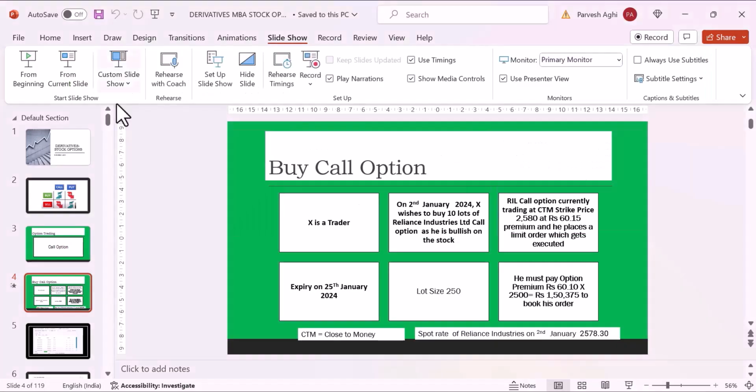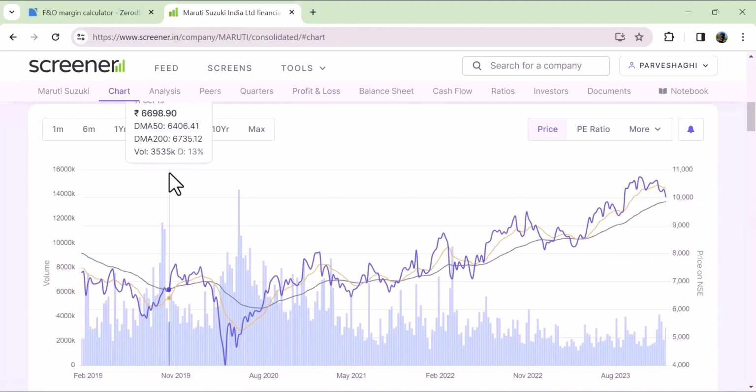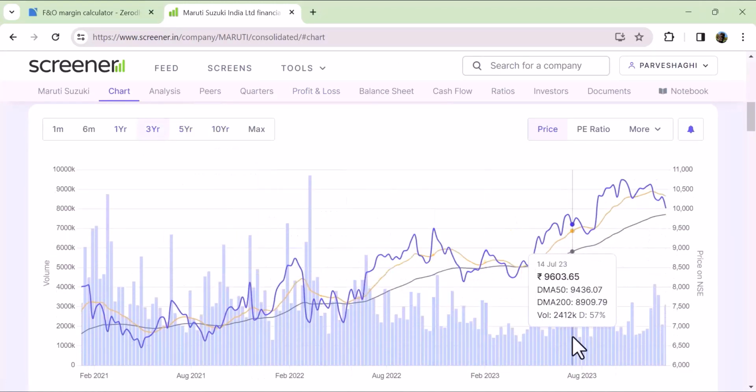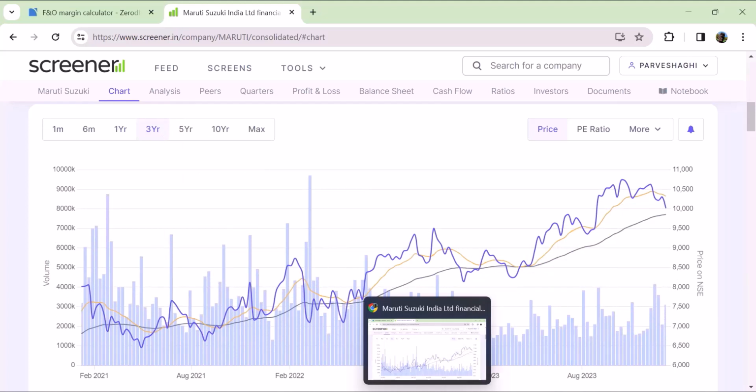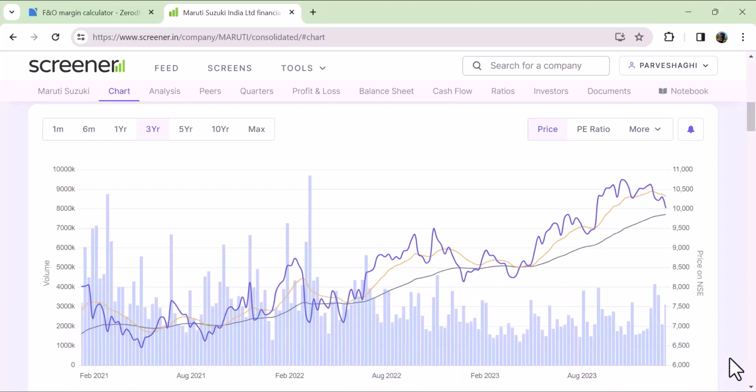That means if you look at Maruti, we go to the chart again and look at the 3-year chart, for example. Now look here, the golden crossover happened. But actually, the moment the 50-day moving average crossed over the 200-day moving average, the stock started going up. Generally the moving average crossovers come much later than the move in the stock. Maruti would have started going up, and after a few weeks you will find the confirmation given by the moving averages that the bullish run has begun.